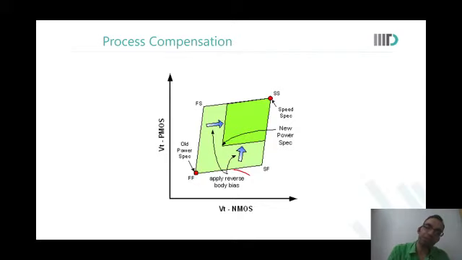What happens when you apply reverse body bias? Devices start to move towards slow. Then VT starts to increase basically. Another thing that you can do is you can reduce the voltage of operation. You can say, see, I wanted to operate at 2 gigahertz at 1.2 volts. Now at 1.2 volts, I'm already getting 3 gigahertz. Why not operate at 1.15 or 1.12 volts? And I will come to 2 gigahertz. And now because I'm operating at a lower voltage, I will also consume lesser power.